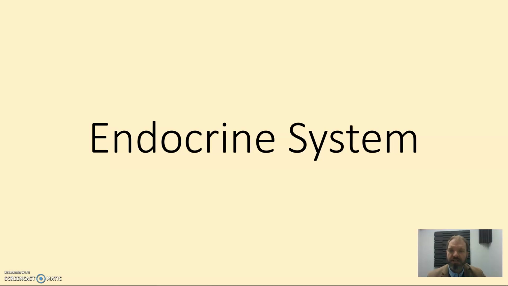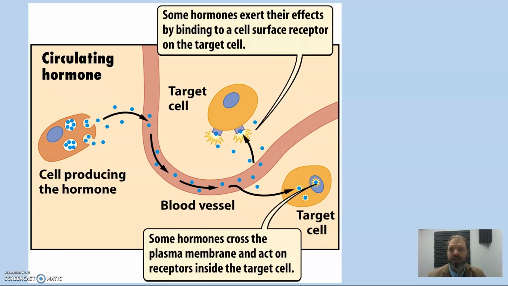So the endocrine system is a system of cell-to-cell signaling within the body that relies on hormones. The way in which it works is that there are cells that produce hormones, and these cells are found within glands. There are glands in the base of the brain, and there are also glands at specific sites around the body. These are closely connected to blood vessels, and so the endocrine cells release their signaling molecules that diffuse into the blood system and throughout the body.